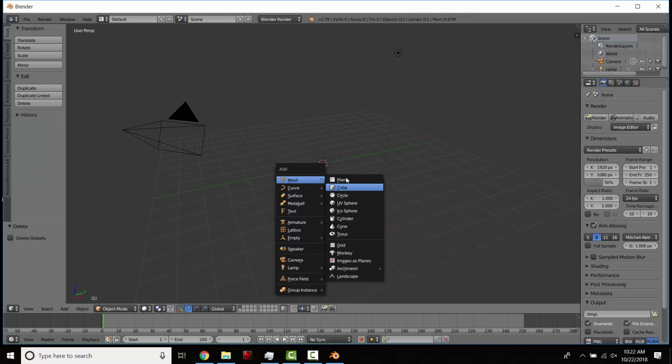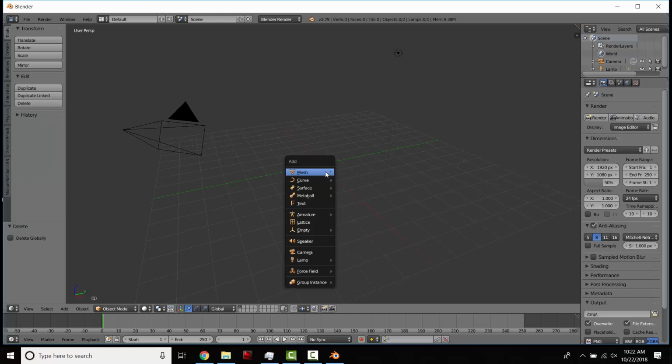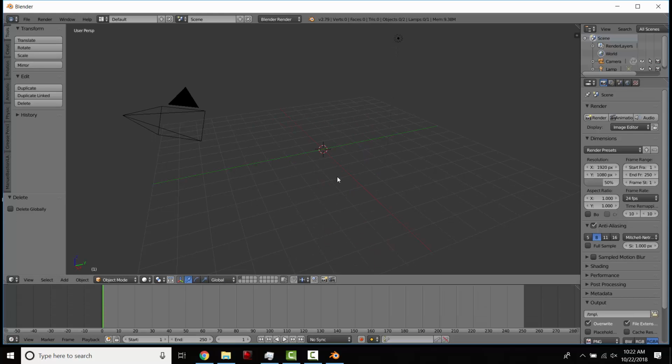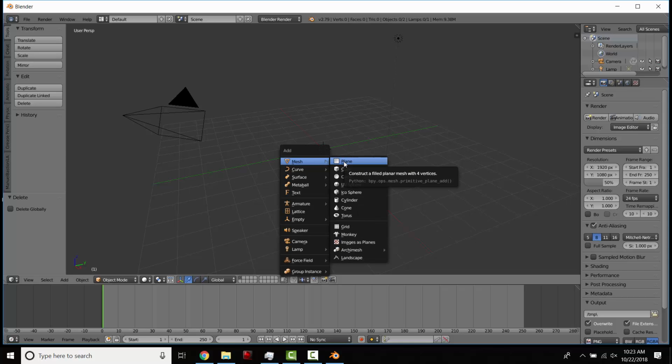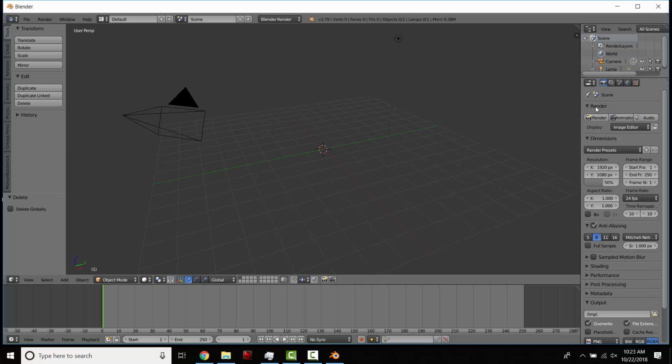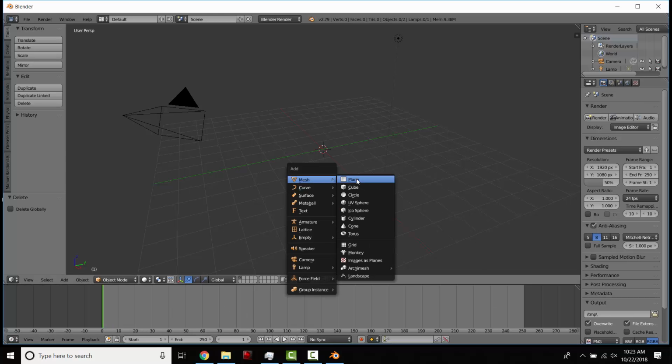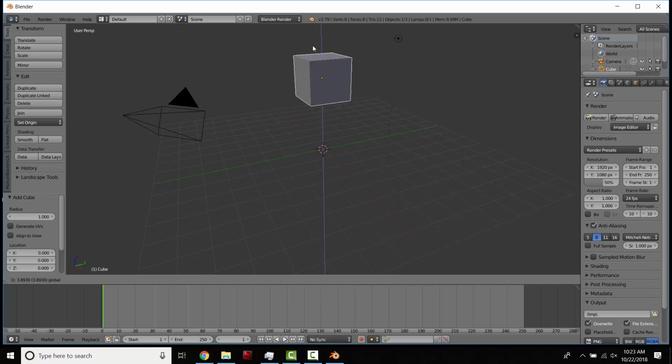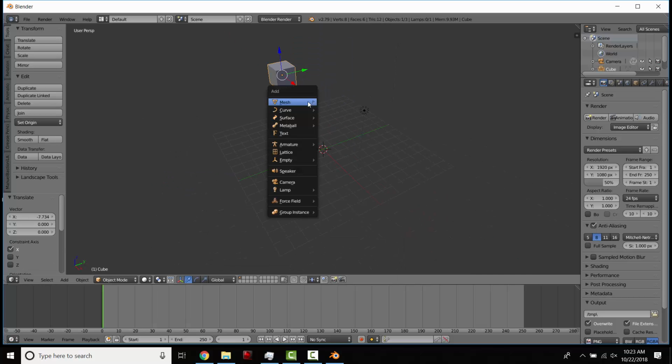But the trick is, the one thing similar with all simulations, including particles, which aren't really a simulation, is that they can be baked. So you have to simulate it, and if you want it to be solidified and not change, you have to bake it, and you'll see lines down here. So let's just add a few cubes and move them